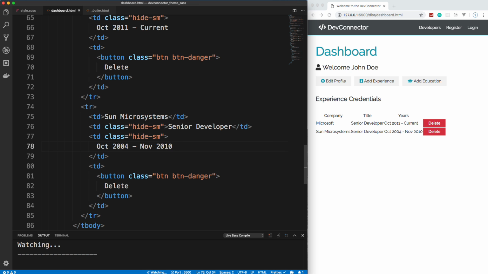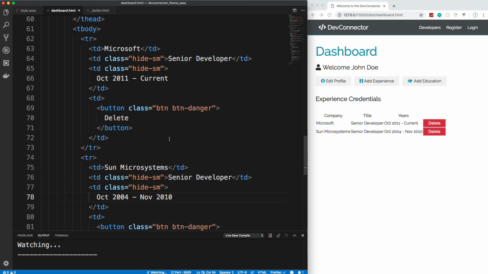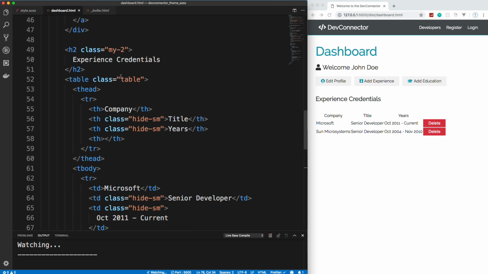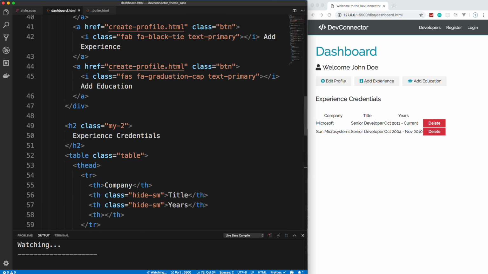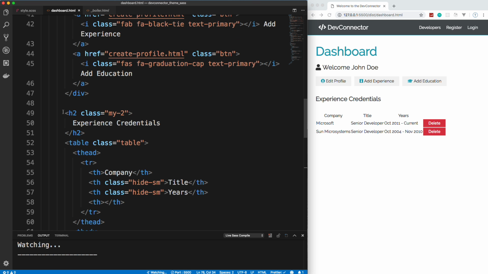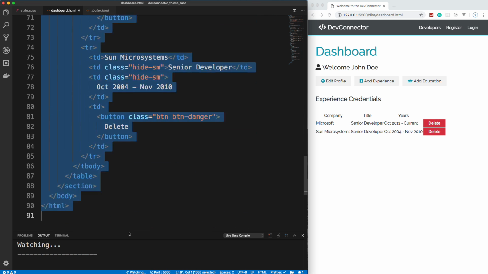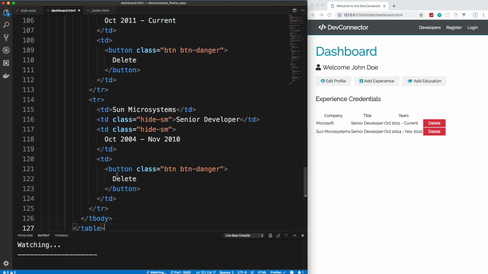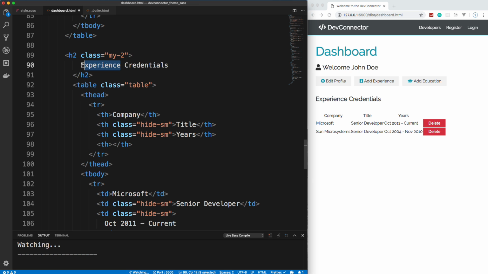Okay, so now we have two experiences. Now, education is going to be pretty much the same. So what I'll do is copy, let's see, let's copy from this H2 down to the end of the table. And we'll go under the table and we'll paste that in and change this to education